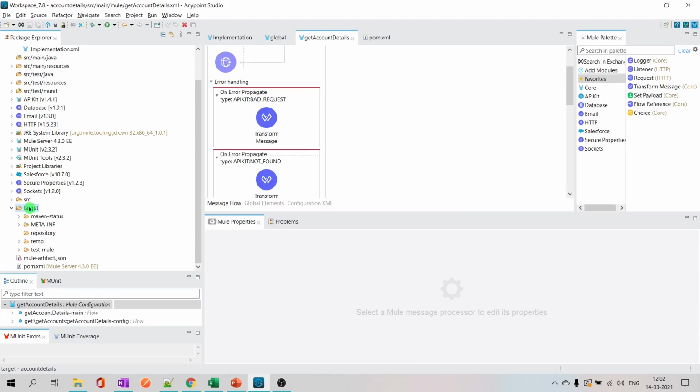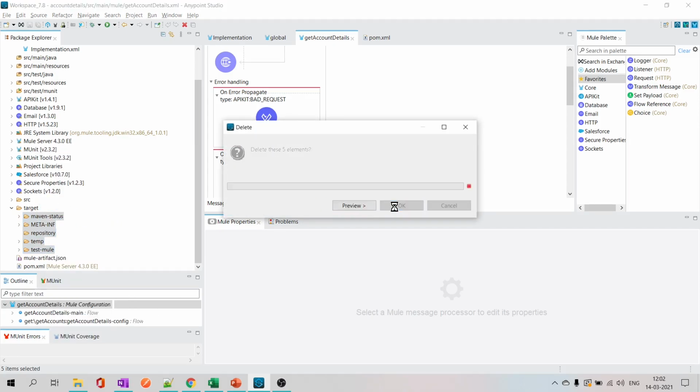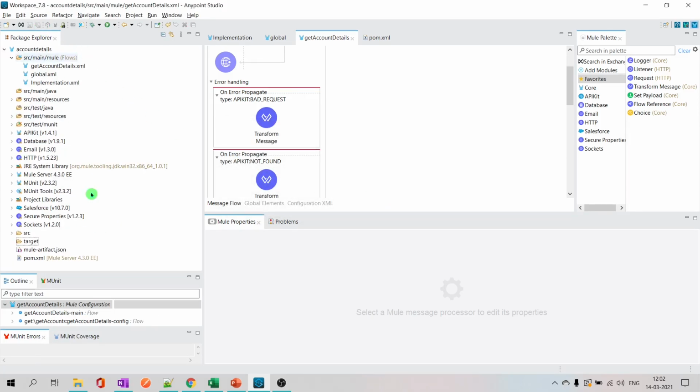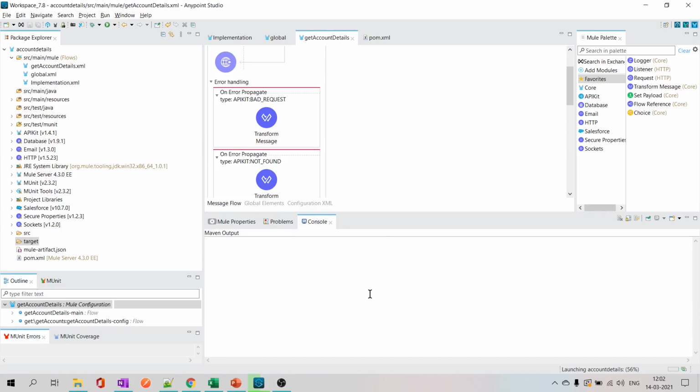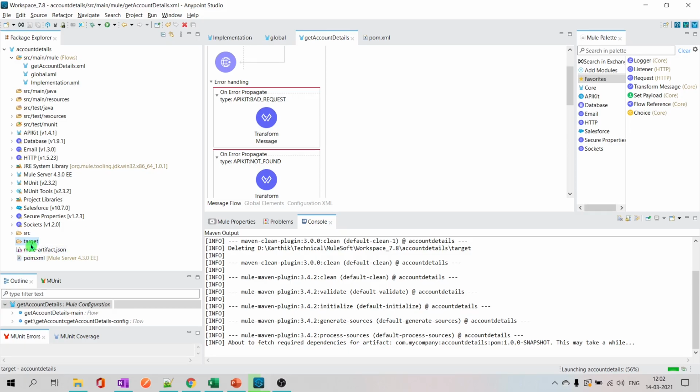And the target one is a fascinating one. Theoretically, the target folder contains the outcome of your build. You can delete this. This is the result of my previous build, so I can delete this. It does not impact your mule flow functionality. So now you see the target folder is empty. I'll try to deploy this, which means it is building and then it will deploy. You observe when the build is complete, a build success message appears in the console. You will see output in target, the output of the build process, like the jar file and other metadata.